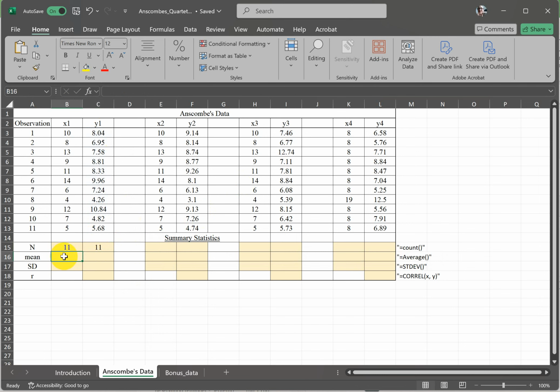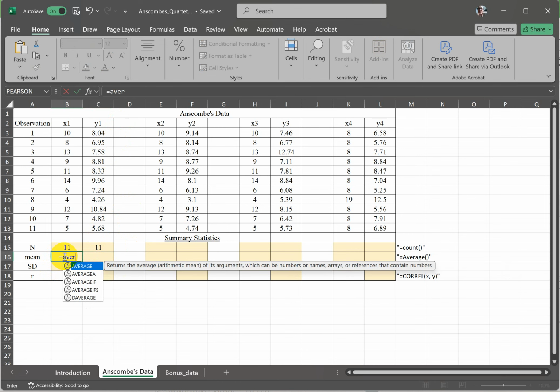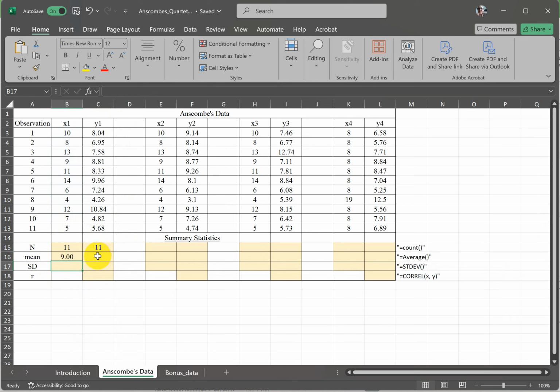Okay. Oh, of course it's going to be 11. And then, so for the mean, Excel requires you to use the word average, the average of these values. Hit enter, and then let's do the same thing here. We can copy this over. You could just copy it all the way across. If you want practice, you can type in equals the average of, hit enter. Okay, so you're going to do that for all of these,